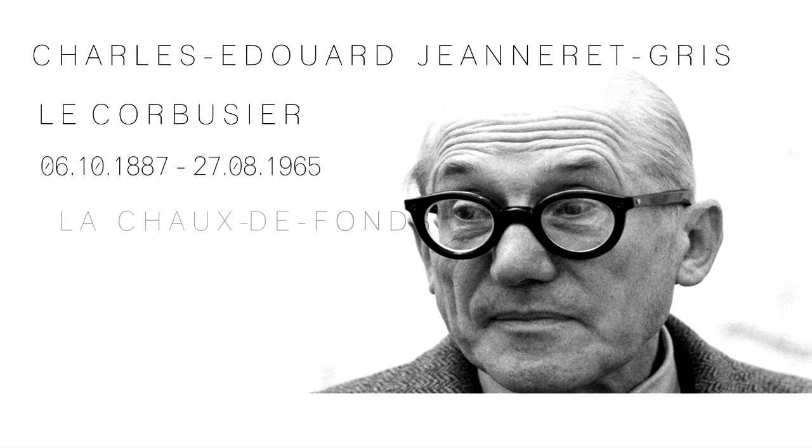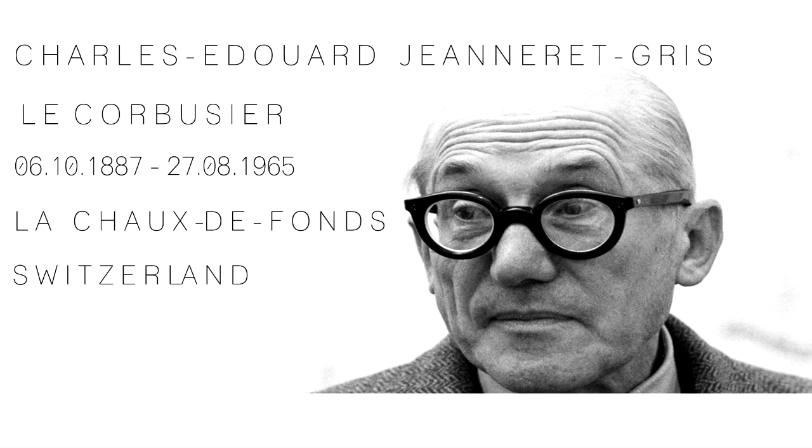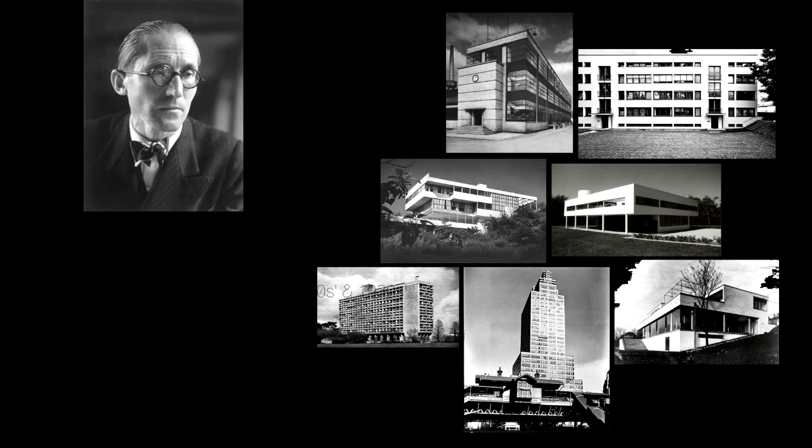Swiss-French architect Le Corbusier was said to be one of the most influential architects of the 20th century. He was born in 1887 in Switzerland, the year the Eiffel Tower was built. Corb, that's what we call him in architecture speak, was also one of the pioneers of what is now called